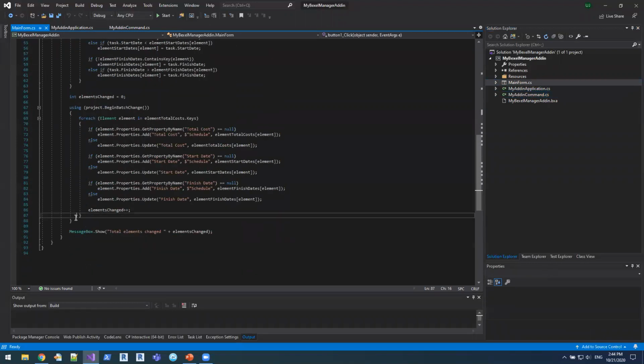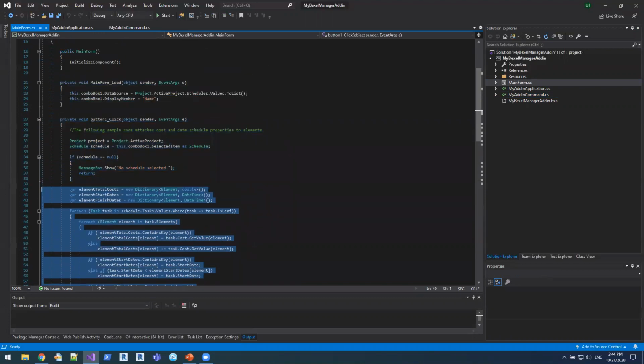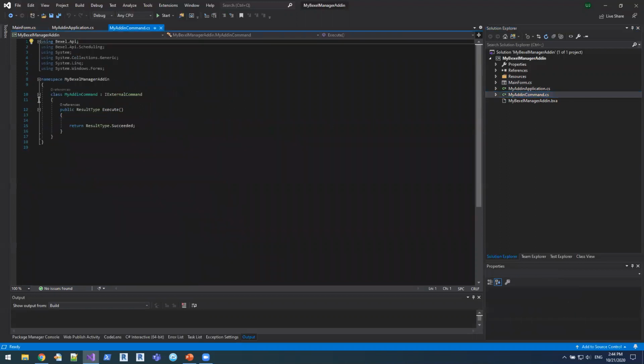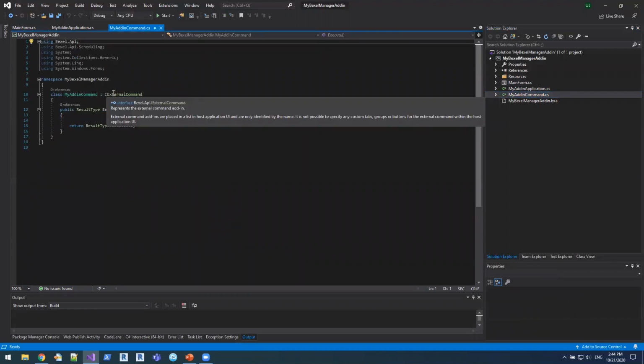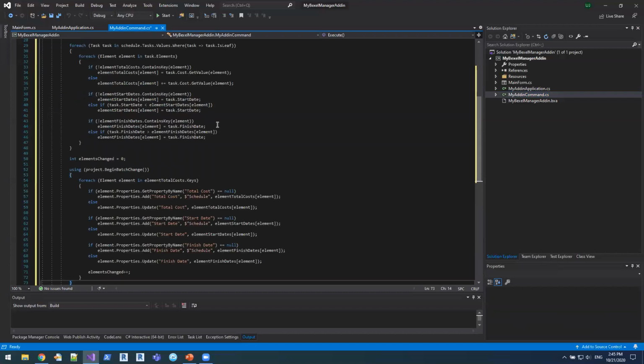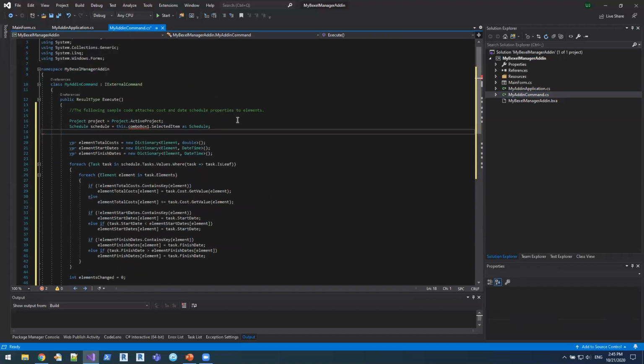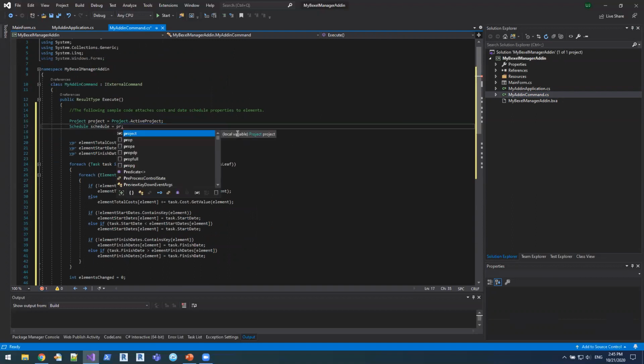Because I forgot to copy the code, I will do it from here. Okay. Basically, when we create the command, we implement some external command interface here for this class, and I will just go ahead and paste. This is exactly the same code. So we will just modify this to be as it was written in